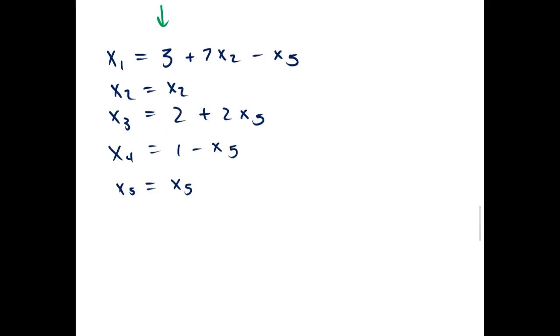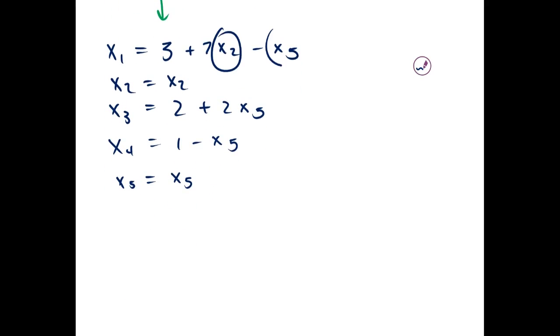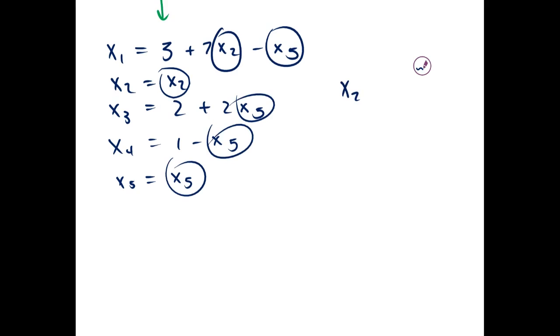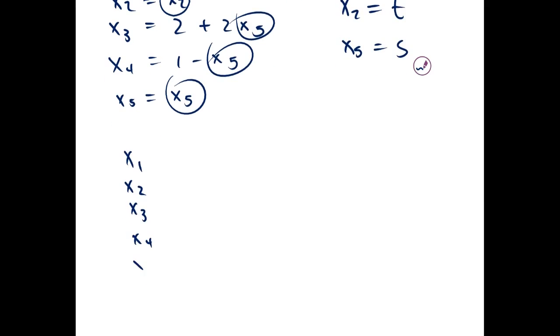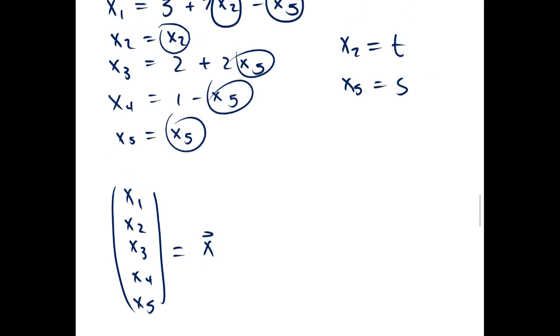So the free variables in this case are x2 and x5. Everything else depends on x2 and x5. So we set x2 equal to some parameter t and x5 equal to some other parameter s. And we say that the solution is x1, x2, x3, x4, x5, which we can just call x with an arrow on it, the position vector,